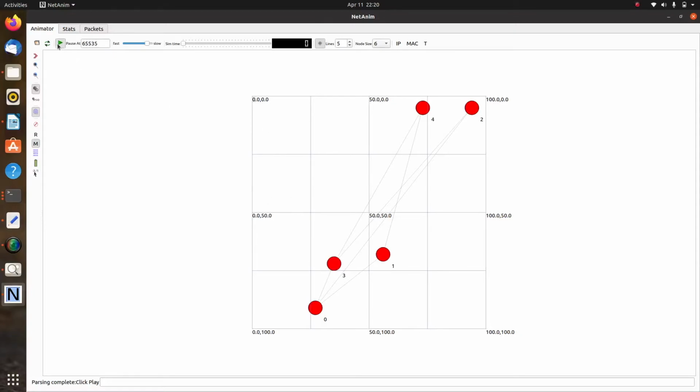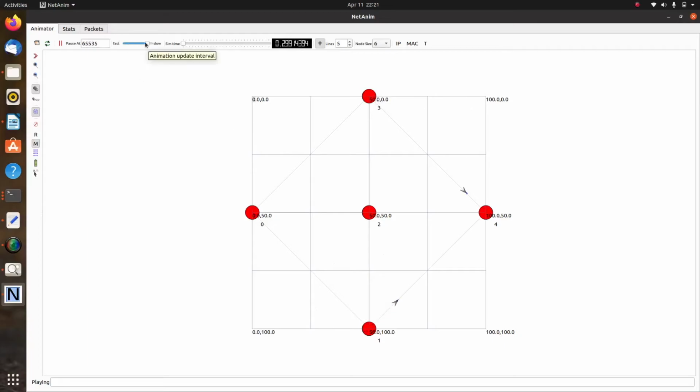So let me run it here. Yes, you can see here. So this is the method we are just running here. Now the packets are being exchanged. So let me use the fast simulation. You can see here at the top, I use the fast simulation. So see how the packets are moving there. So mostly the packets are moving between nodes 1, 0 and 2. So 1, 0 and 2. You can see that actually this graph is upside down because we have taken 0, 0 here, but here 0, 0 is here.